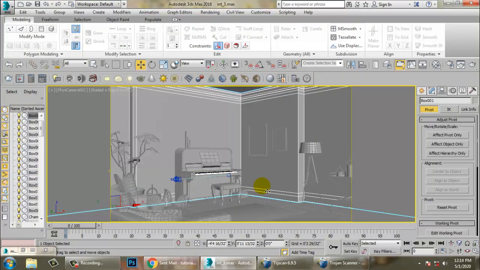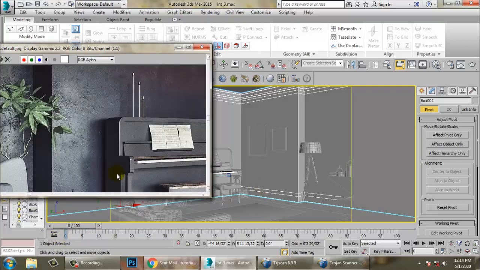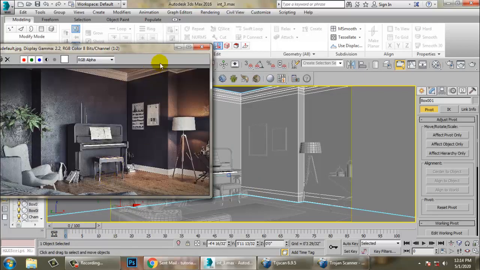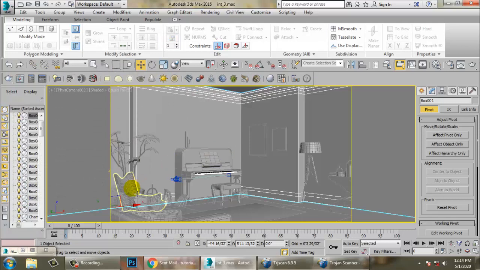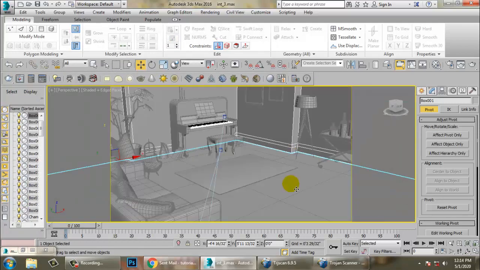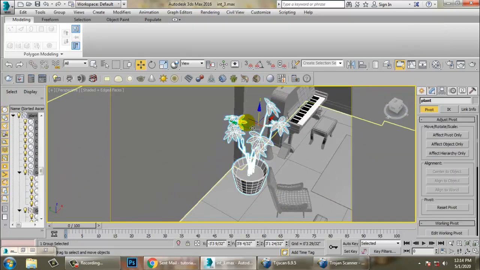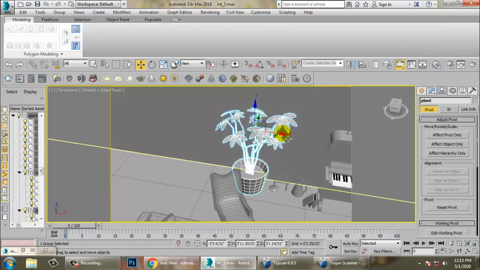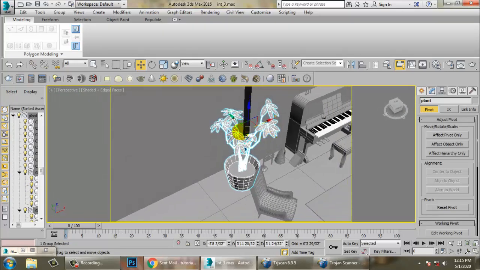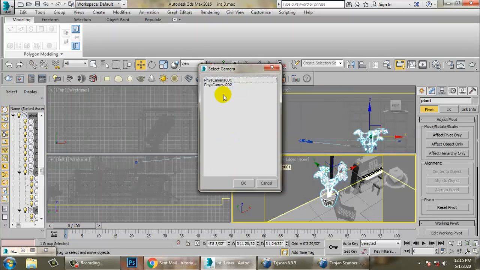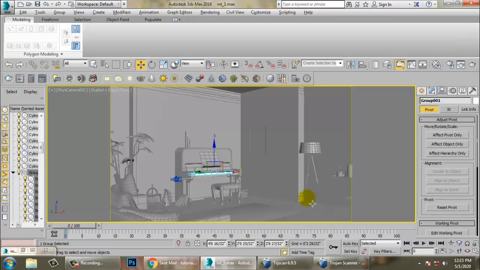Alright, as you can see over here, we can just shift it more towards this side, push it back, go into the camera again, save your file.